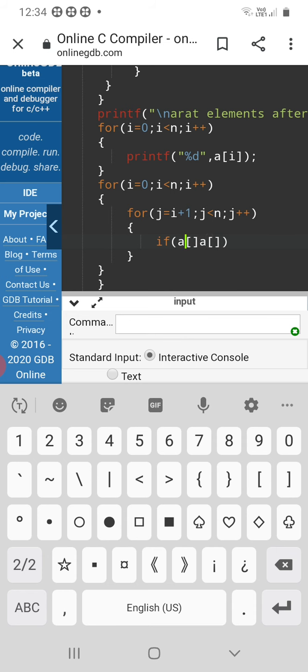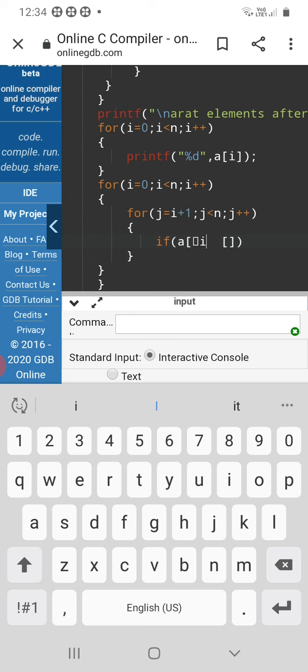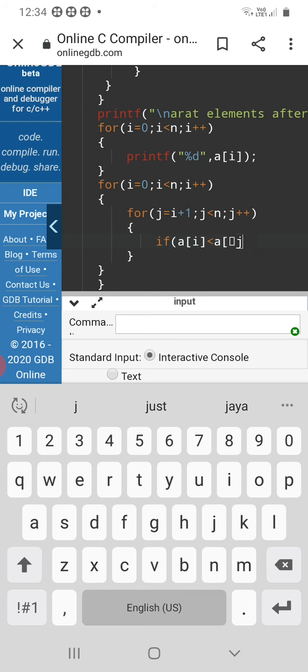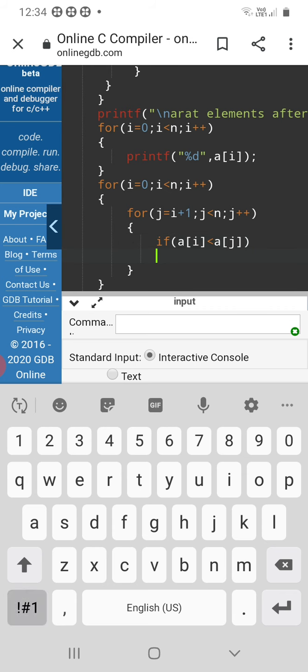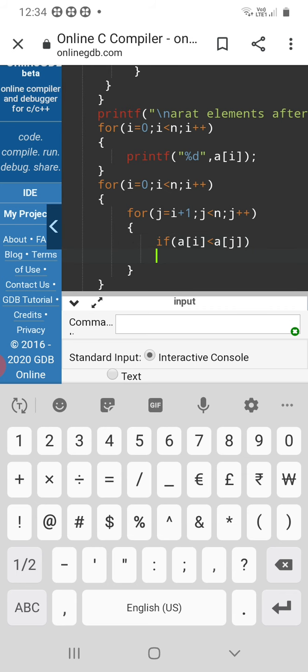If a of i less than a of j, execute. Next line, opening the executing part. If the value satisfies the condition, then execute the below part. I am writing it down.